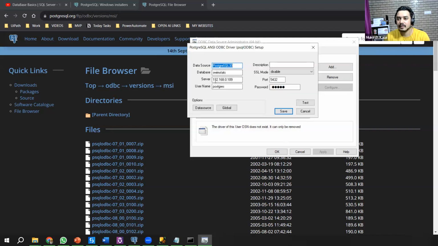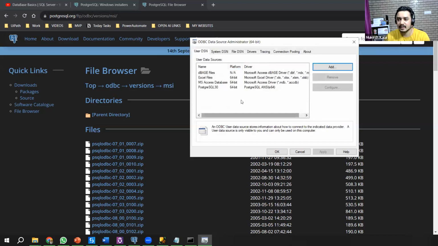See, 192.168.0.109, right? Everything is pre-populated, the password, everything. I click cancel. Last time it was not working because I had made an old connection, so my IP might have changed.